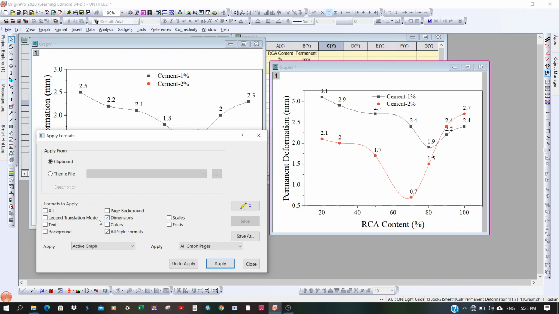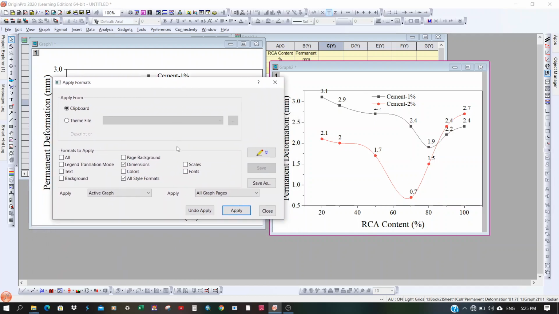You can change the text also, and the legend translation mode also. Not only this, you can see where the legend box was placed before. It was placed here, but clicking on this it changed from here to here.